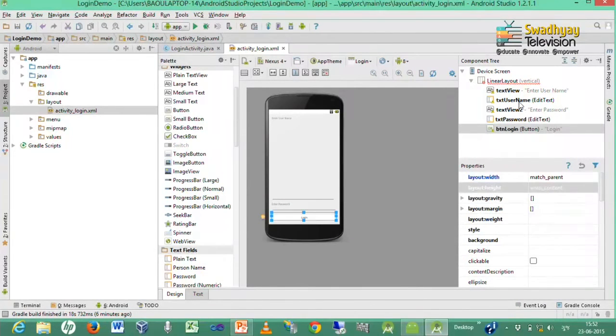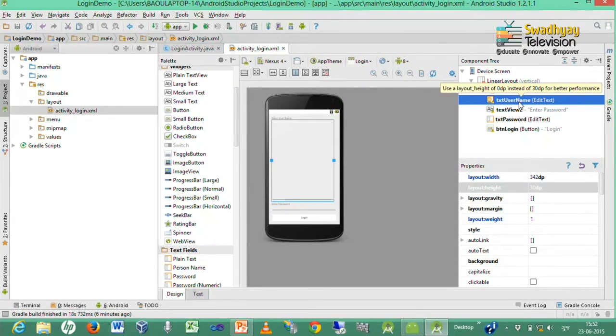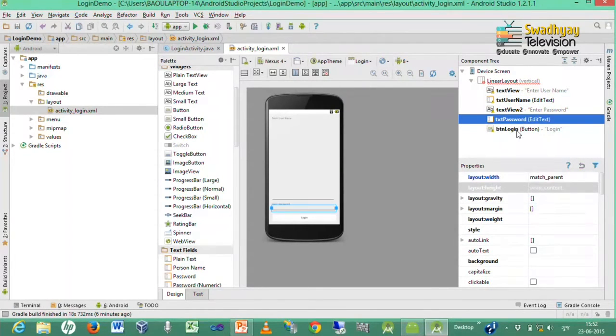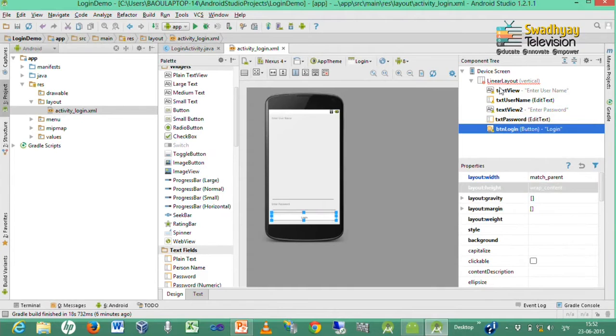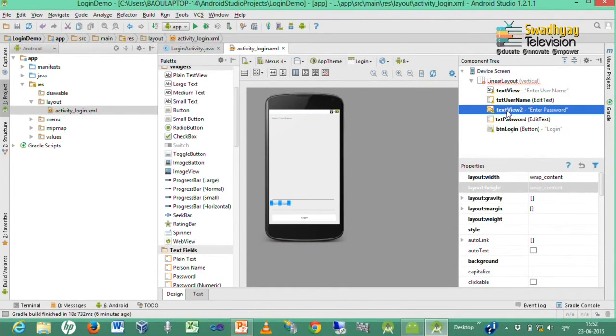So, we have one username, one password and one button, and two text views which display messages. Now, we save this file.